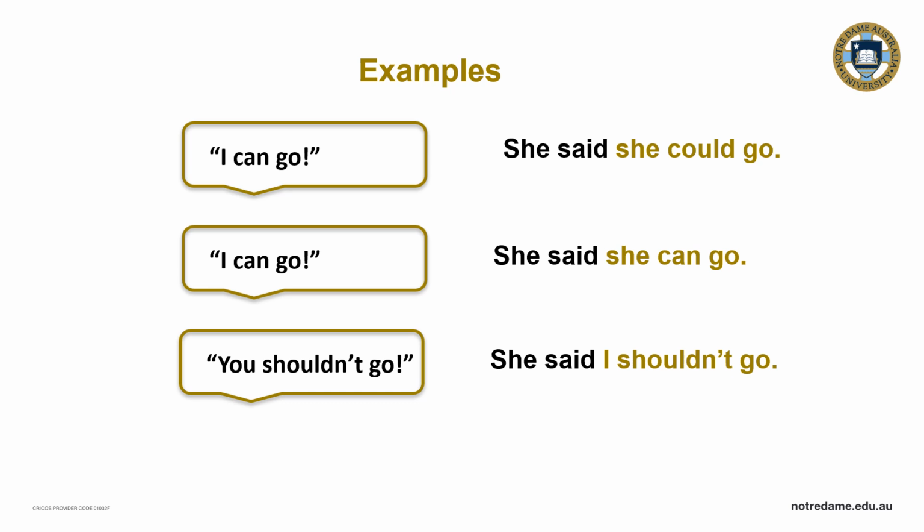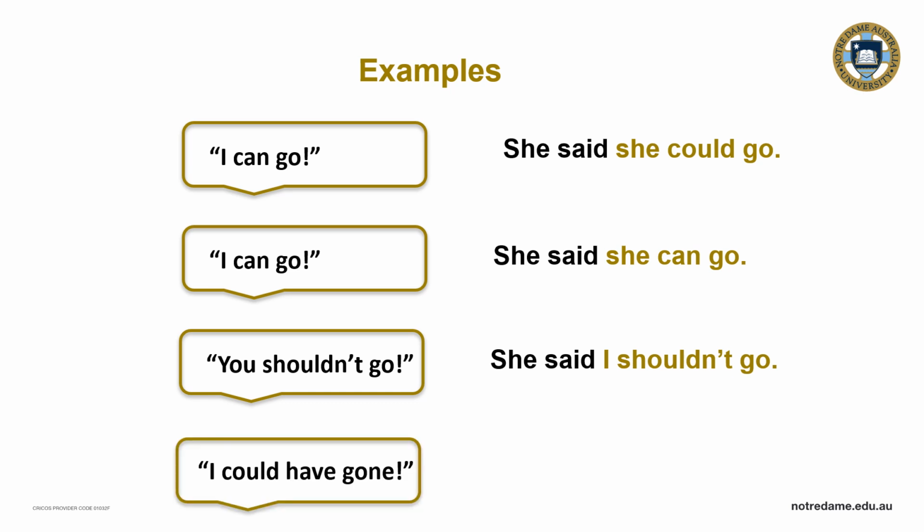And maybe in the original conversation, she expressed some regret about going to this concert in the past. So in the original sentence, she regrets here that she didn't go. "I could have gone, but I didn't." Okay, is the original meaning. So when I report that to my friend, I'll say, "She said she could have gone." No change to the original.